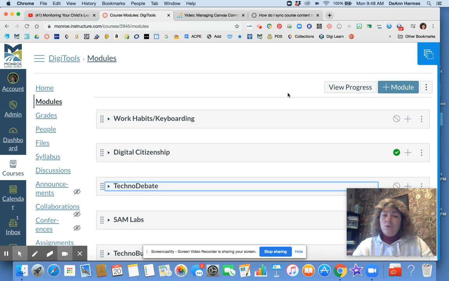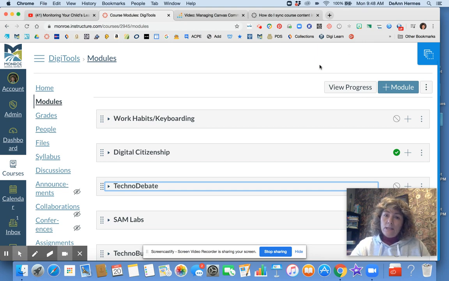Because you don't want any surprises for the other teachers in your group, if you make a change and say, oh, I want to sync that, if you're making the change just for you, make that change in your course, not in the blueprint course. If it's something that everybody wants, make that change there. So